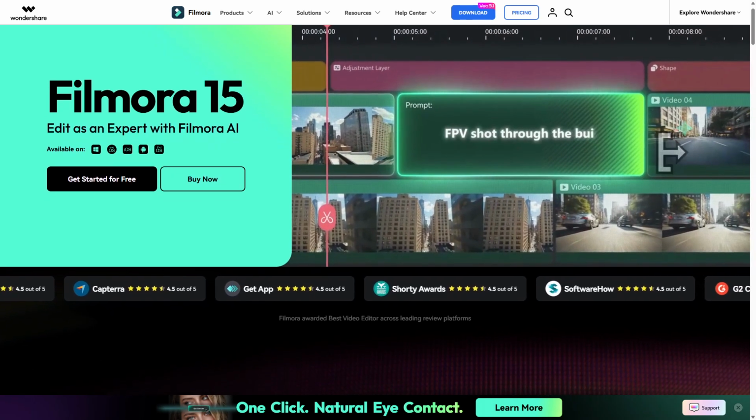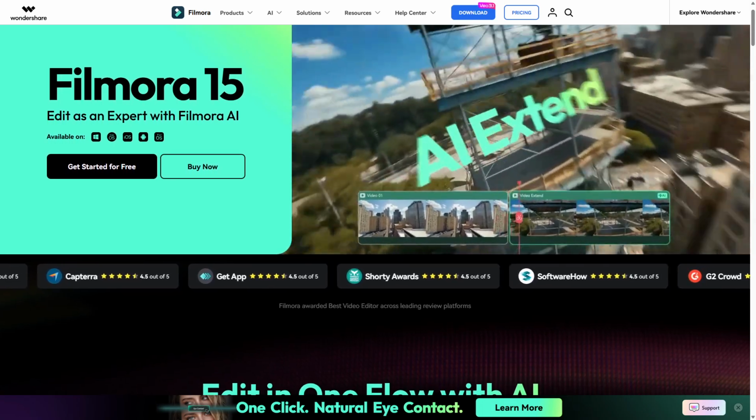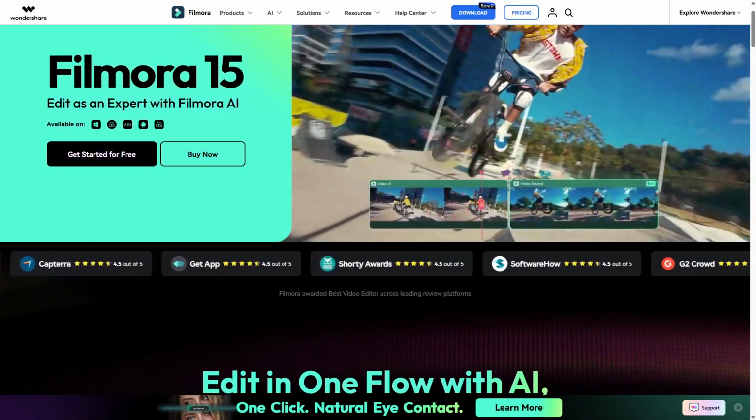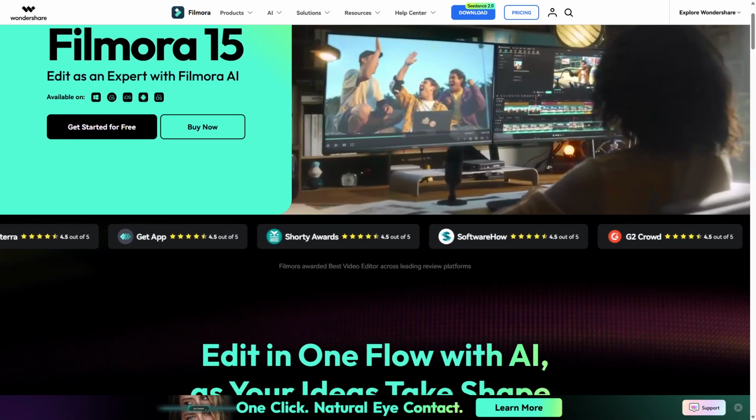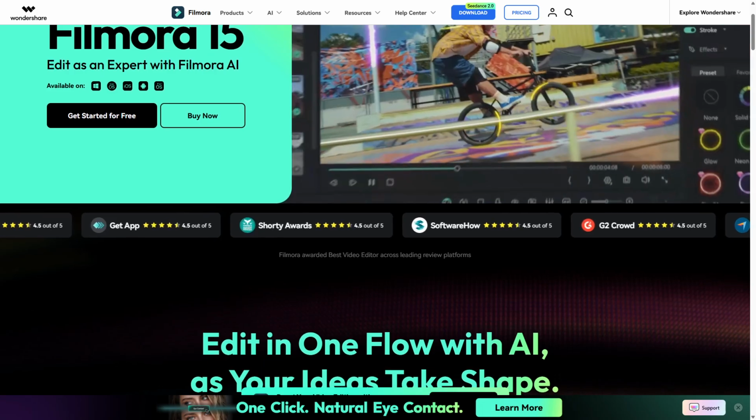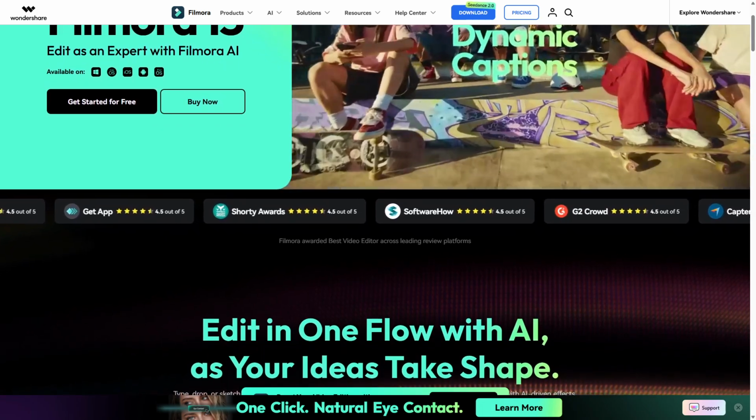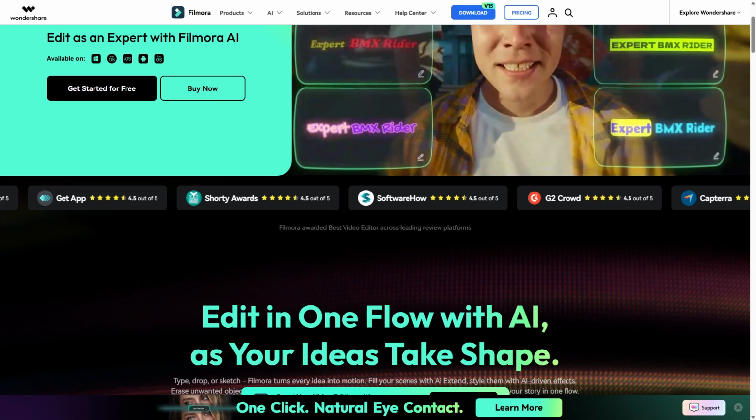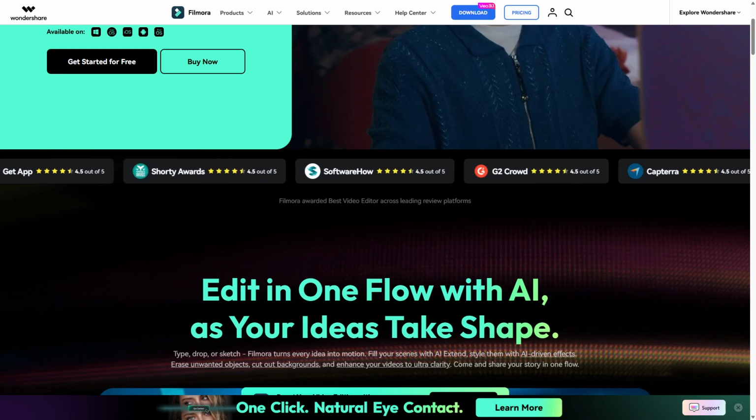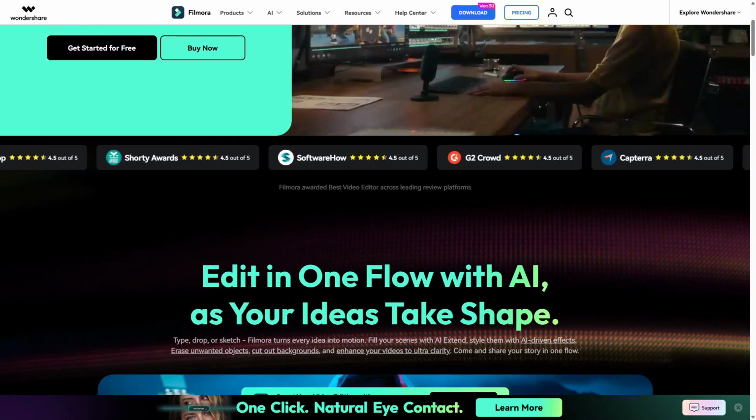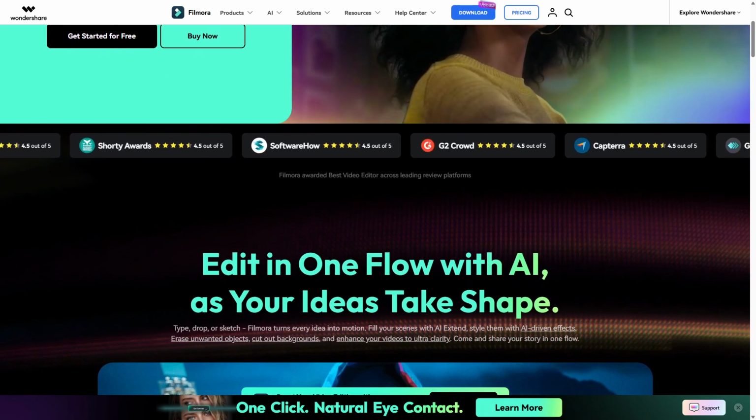It offers a wide range of built-in effects, transitions, and templates that help users create professional-looking videos with minimal effort. Filmora works by providing a drag-and-drop timeline, making it easy to arrange clips and add effects without steep learning curves. Its strengths include advanced color grading, motion tracking, and a large effects library, which appeal to creators looking for more